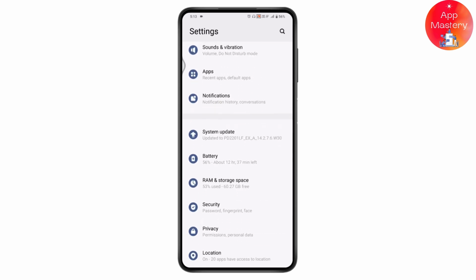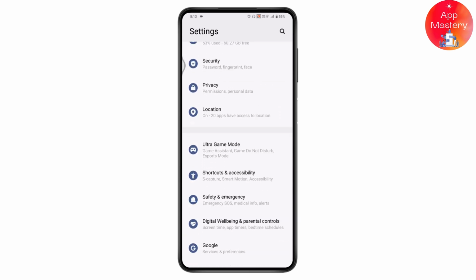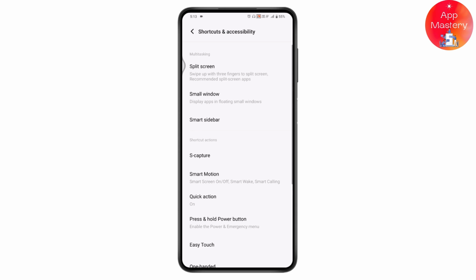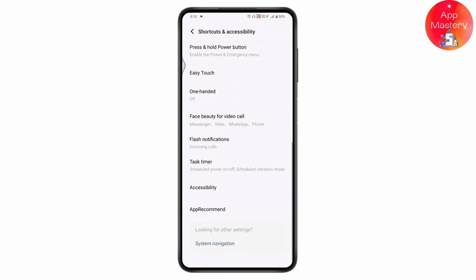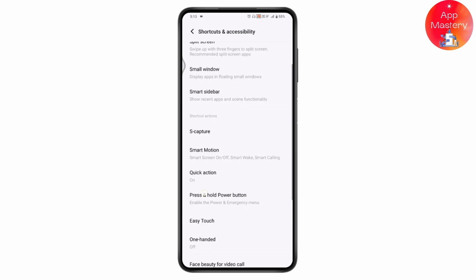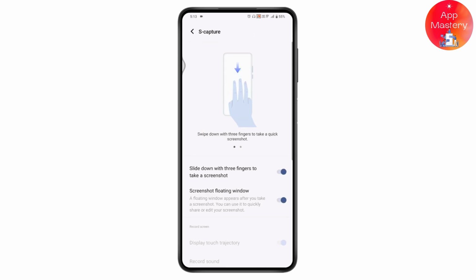Once you open your settings, you need to scroll down, and here you will have your shortcuts and accessibility. Tap on that, and it will take you to the S Capture, which is screenshot, and you can scroll down, and here you will have your settings, right? If you simply tap on the S Capture, you will have this kind of interface where it says swipe